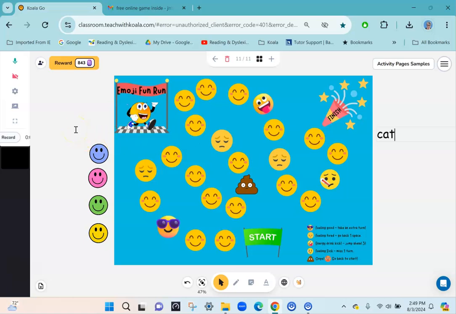And once they're successful, they could roll a die. If you were in Zoom or another shared browser application, you might go to another browser window to get a dice roller. But here in Koala Go, you hit that button, and one of the things they offer is a dice roller. So I think that's great. So your student would go ahead and move 3, and they get to take an extra turn because they landed on feeling good, and then you would take a turn,